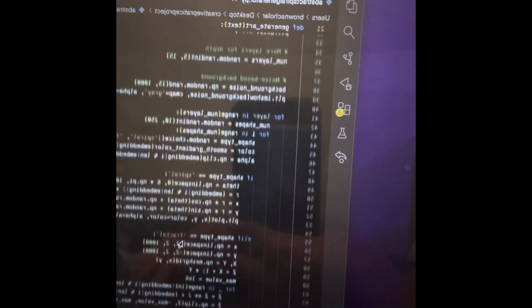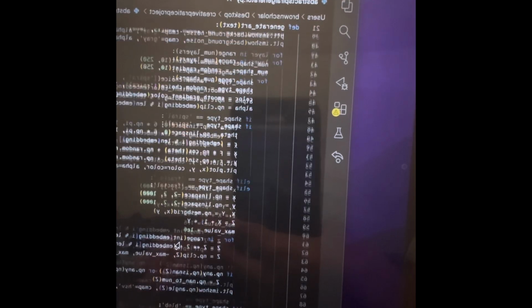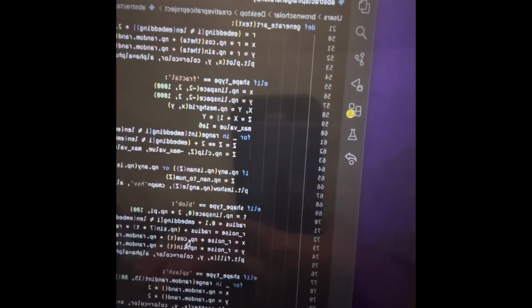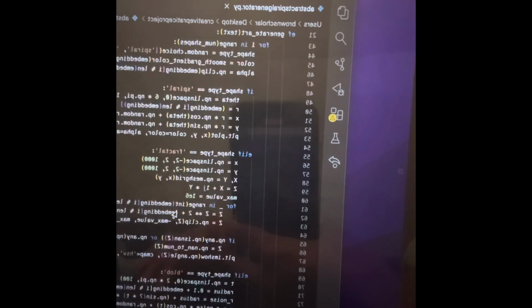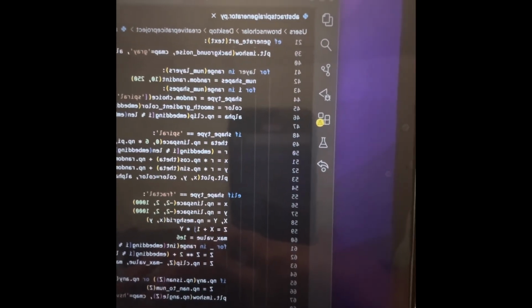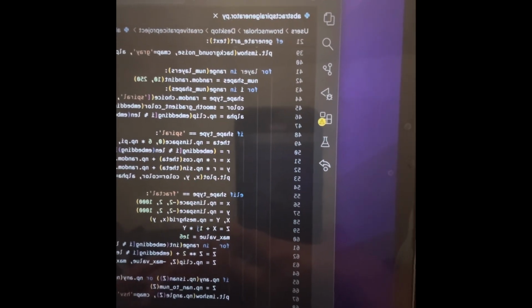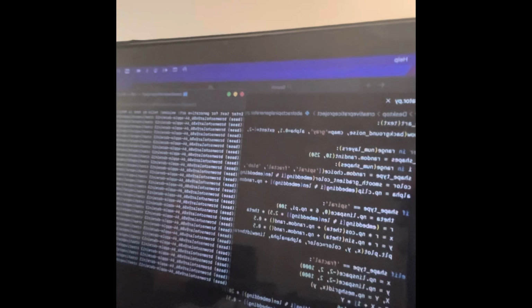So I just used some mathematical formulas that I found and implemented them. I also used Matplotlib to plot these designs, but how it works basically is you run this,